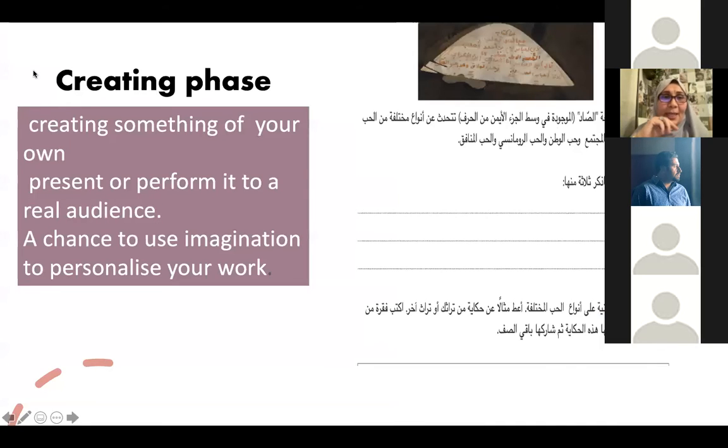Okay. Here is another aspect of creating something of your own. Now I'm going deeper. So here, I don't know if you can see the white